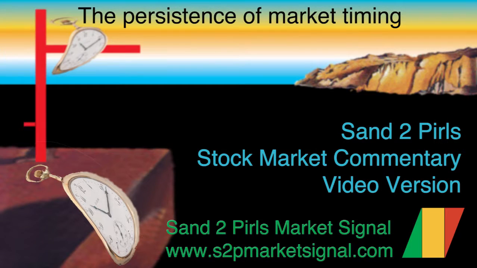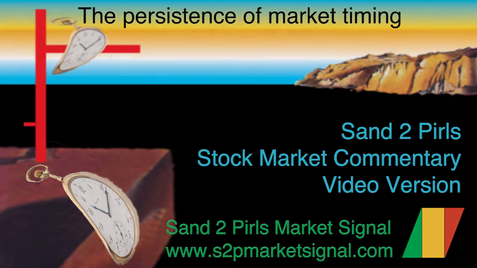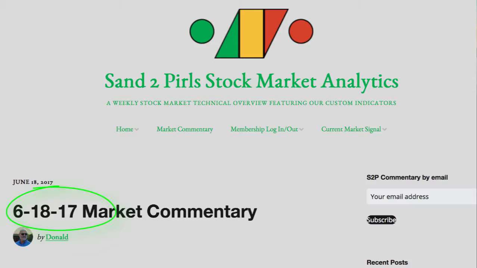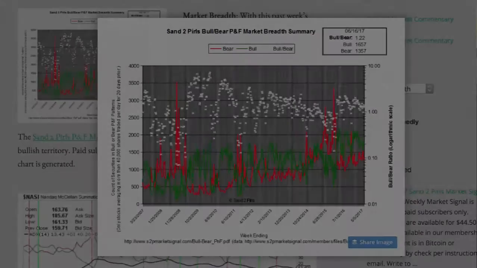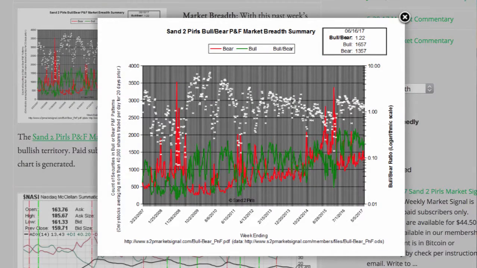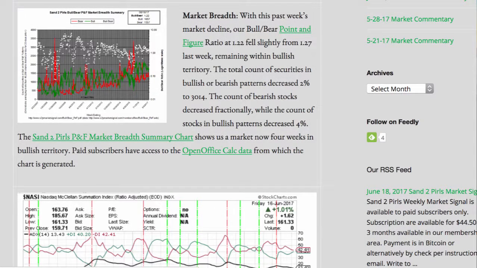Welcome to the Pirls Stock Market Commentary, your weekly window on stock market technical conditions featuring the proprietary bull bear point and figure market breadth summary chart for June 18th, 2017. Market breadth. With this past week's market decline, our bull bear point and figure ratio at 1.22 fell slightly